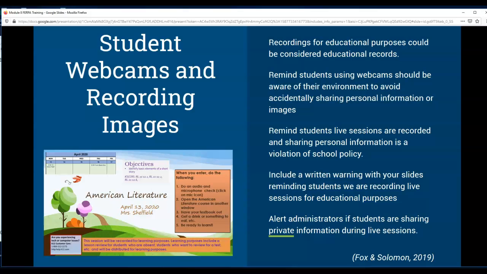In addition to making sure they have on school appropriate clothing, we also want them to be aware of what's going on around them so that they are not accidentally sharing personal information. We also need to remind students that live sessions are recorded and sharing personal information is a violation of school policy. One way of doing that is including a written warning with your slides, reminding students we are recording live sessions for educational purposes, and that during our live sessions, they are not allowed to share personal information such as their address, their phone number, email addresses,